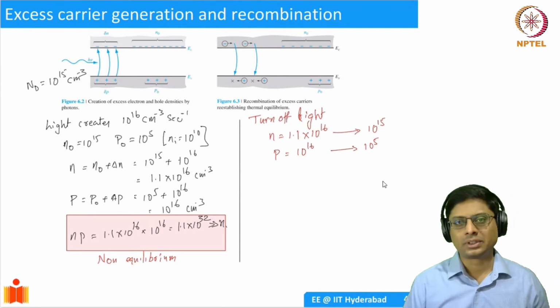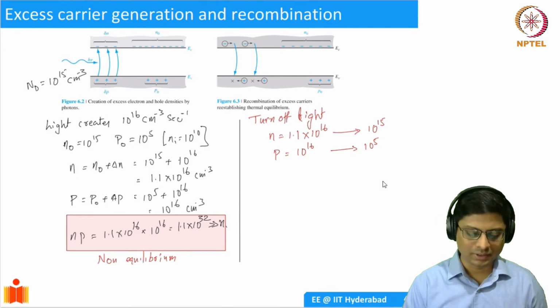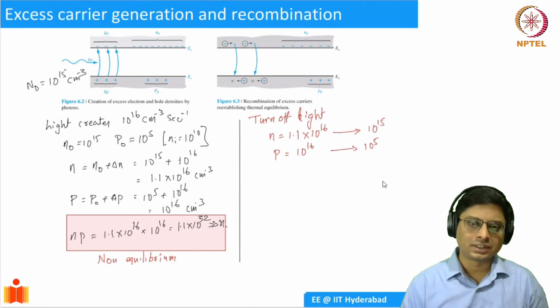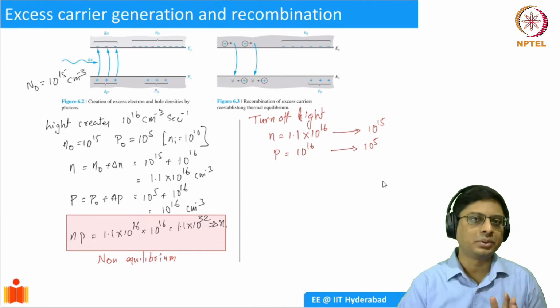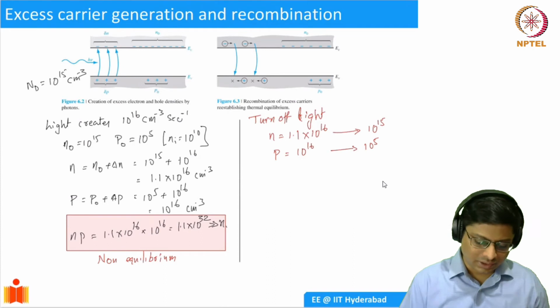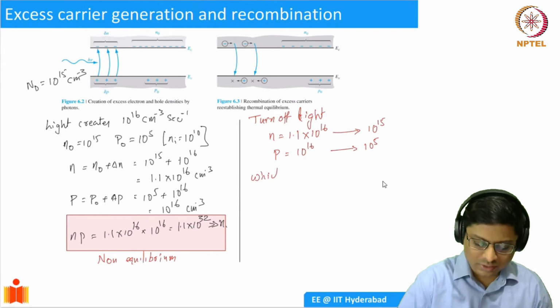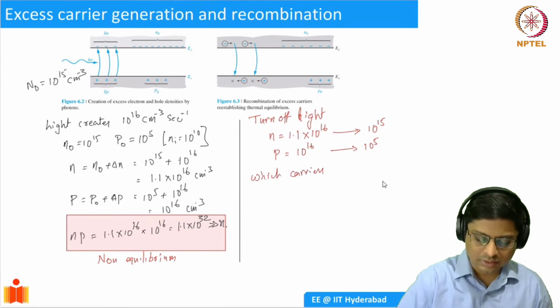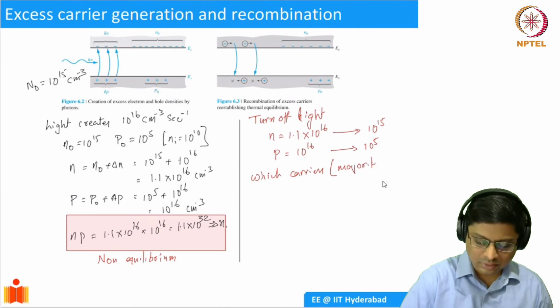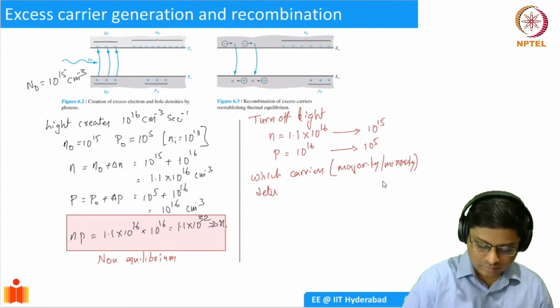The stimulus which was creating excess electron hole pairs is the light in this example. So when we have excess carriers, once the light is removed, they have to go back to equilibrium, right? So I'll ask you a very important question that I need you to pay attention to. Think about which carriers, majority or minority, determine the rate of recombination.